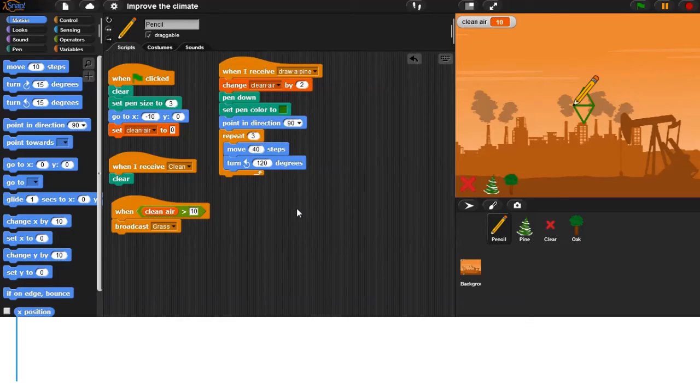To draw the second part of the pine, move the pencil sprite 22 steps and draw the trunk in brown color.